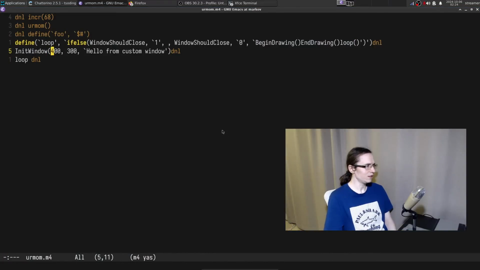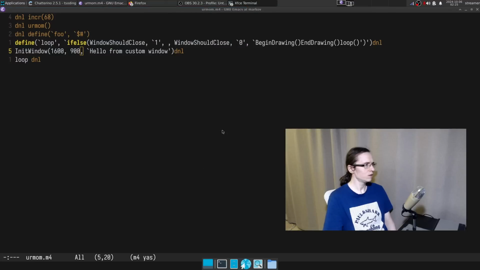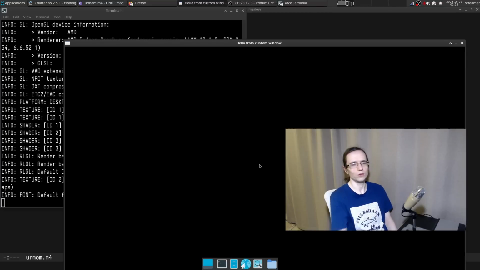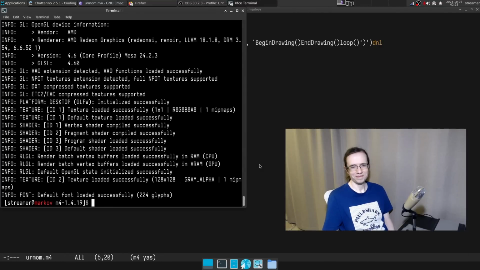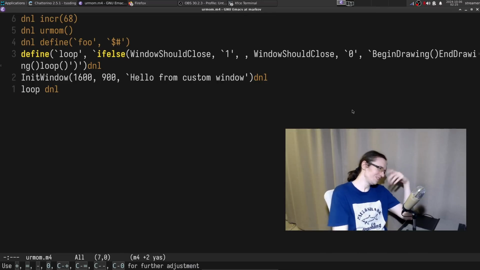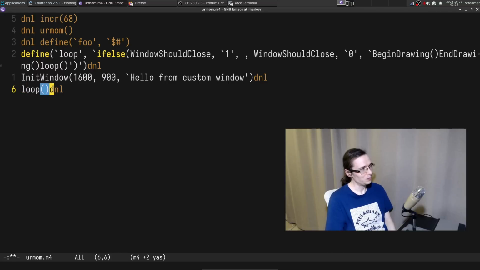So I also want to make it a little bit bigger, right? So I can do something like this, and where is that stuff? Yeah, so now this is the bigger window. I don't know what to say, honestly. This is so nerdy and so stupid at the same time, like holy fuck. Anyways, so yeah.